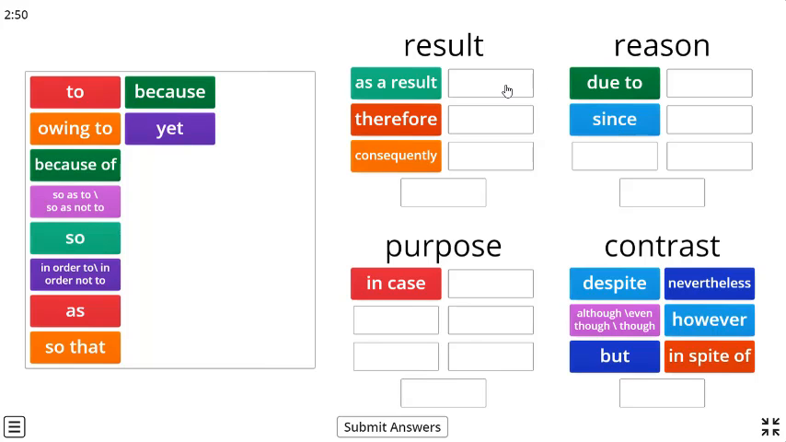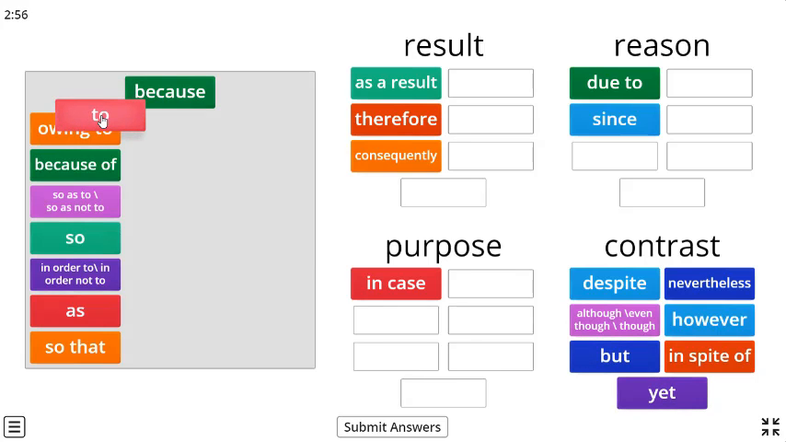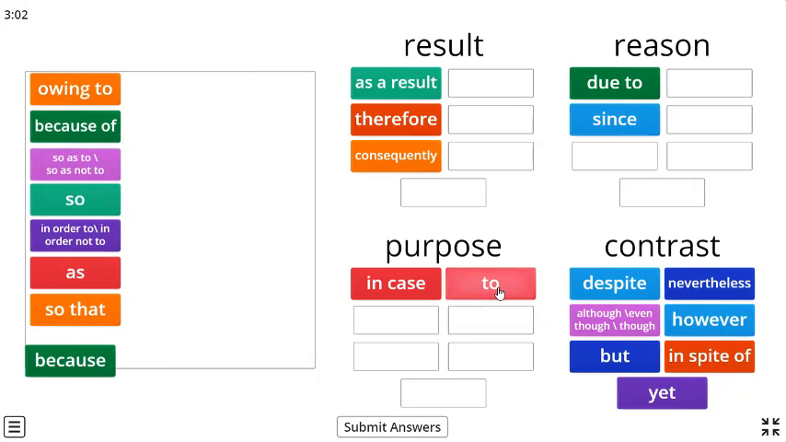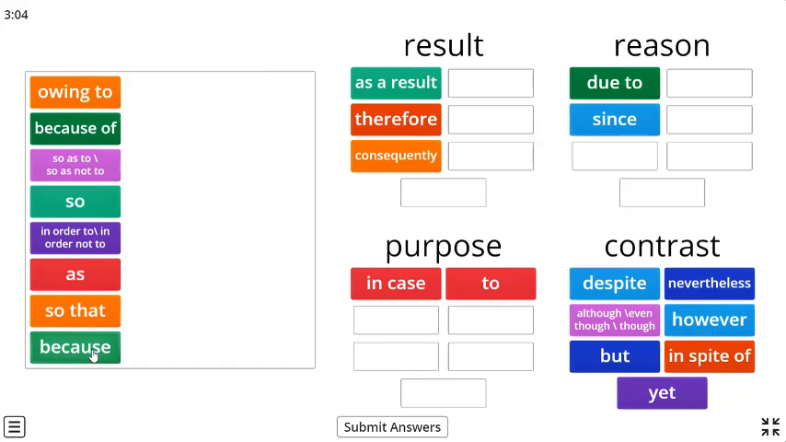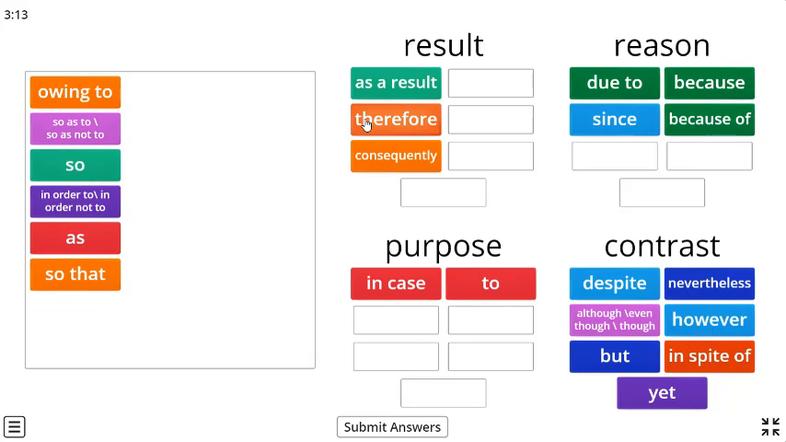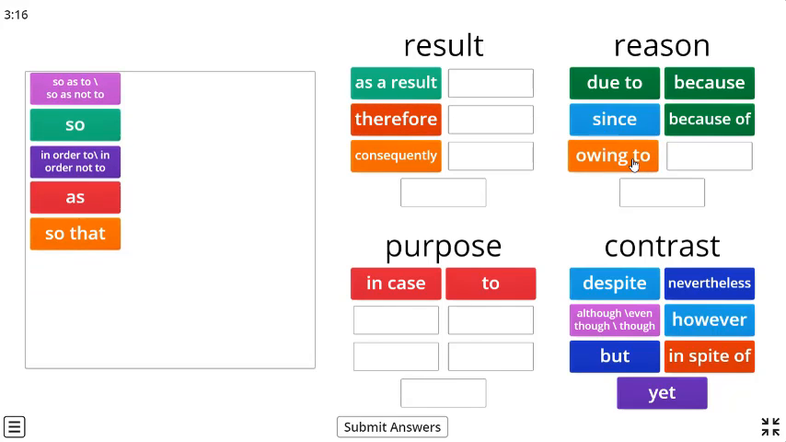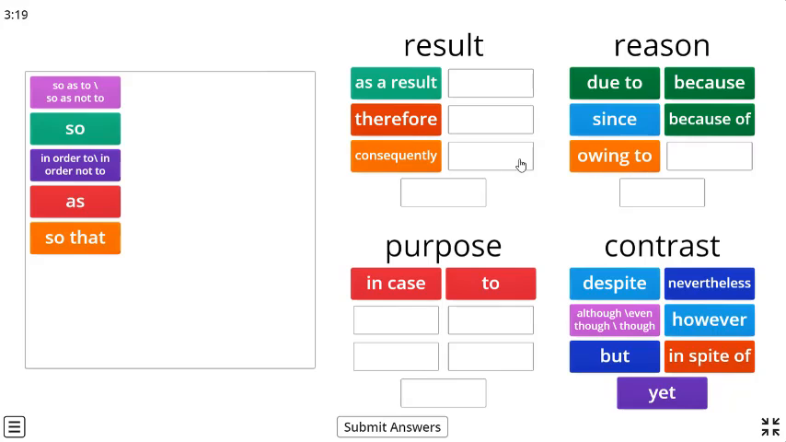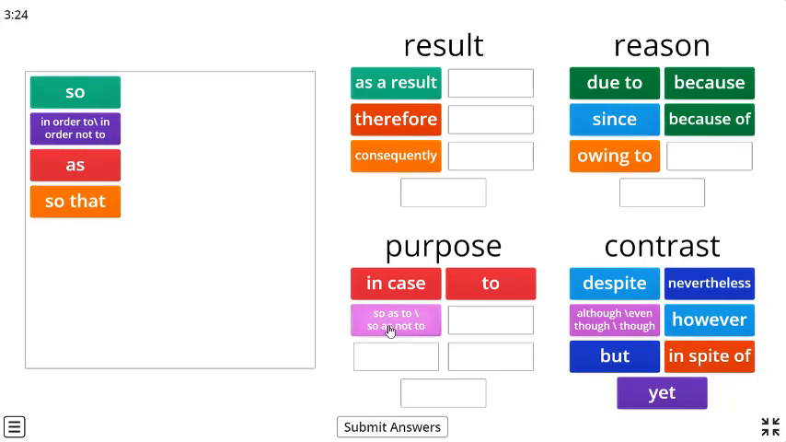And yet, for contrast. Great. To is for purpose, for objective, because can explain. So it is used for reason, and the same with because of, and owing to for reason. So as to, this is for purpose, and the same applies with so as not to, and in order to,